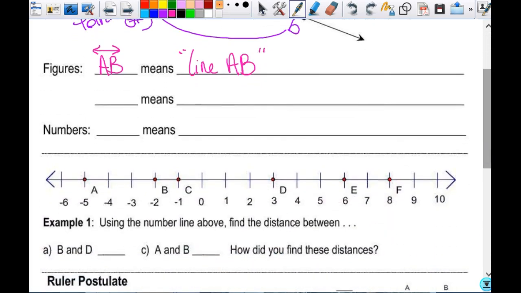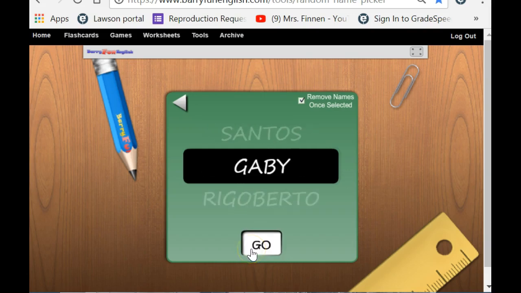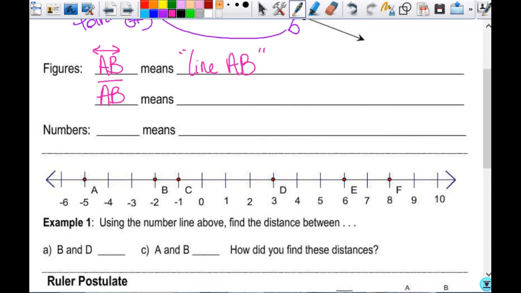All right. And then I have this. I want to know how to say that. Rigoberto. Where are you? All right, how do I say that? Line segment AB. Thank you. So this is line segment AB. So both of these things refer to figures. They refer to two different figures, right? And then if I have this